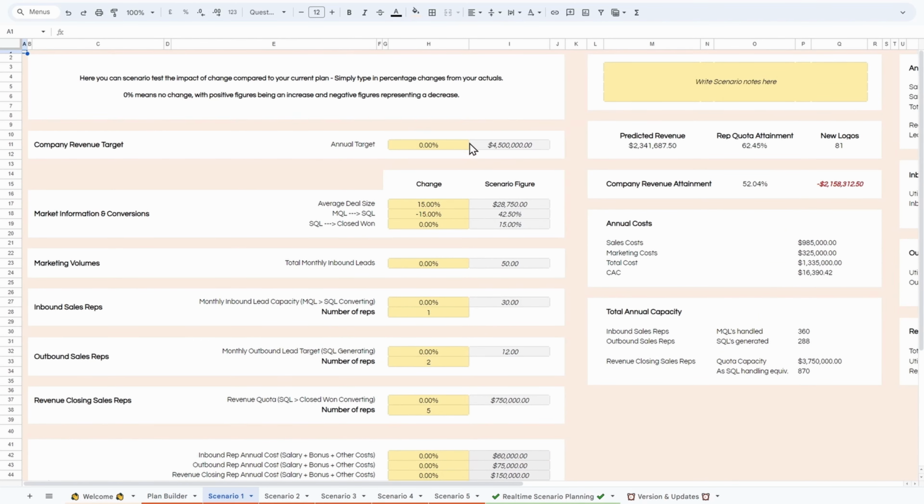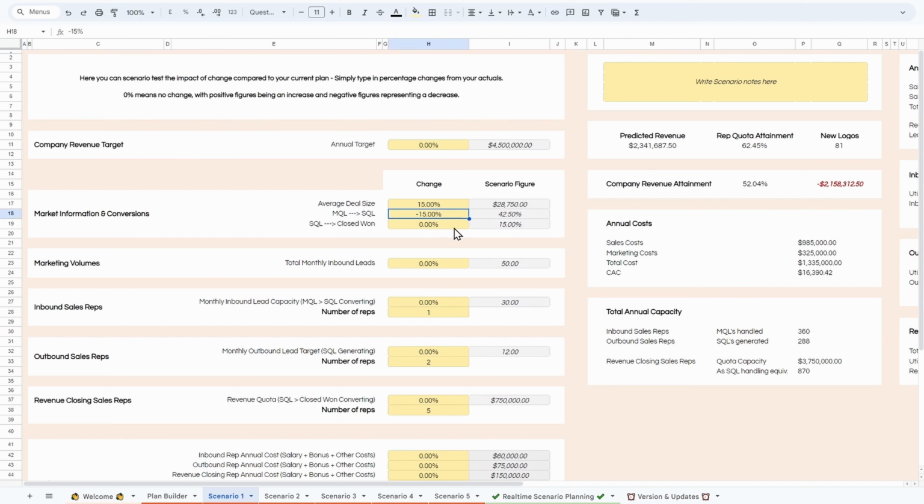In this first scenario, I can see that the predicted revenue is 2.341. And I've got a couple of different changes in here. My rep quota attainment is 62%, and I will be landing 81 logos. My company revenue attainment, however, is at 52% because I'm 2 million short of my target. In here, I can write some notes about the scenario, and I can already see that I've made only a couple of changes in that my average deal size is higher by 15%